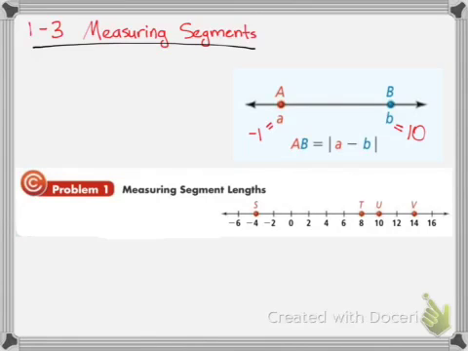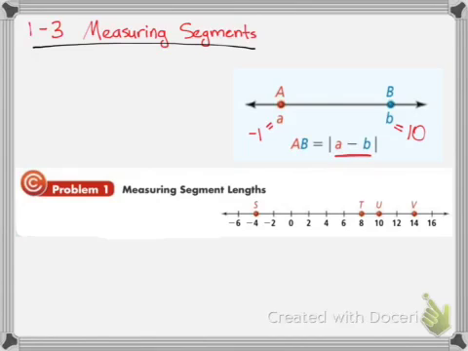And if we want to find the distance between those 2 points, it's pretty simple. All we have to do is take the absolute value of their difference. Okay, and here it says A minus B, but it does not matter which one you do first, just as long as you take the absolute value. Alright, we cannot have a negative distance, okay? That doesn't make sense. So we have to make sure when we're taking distance that we always get a positive